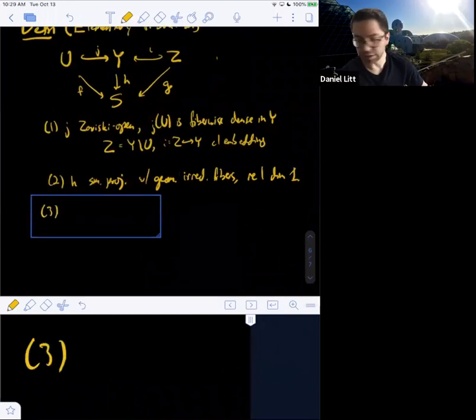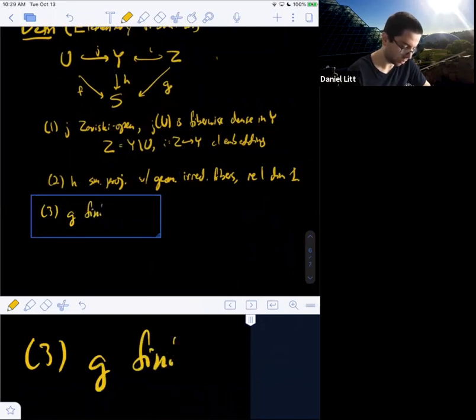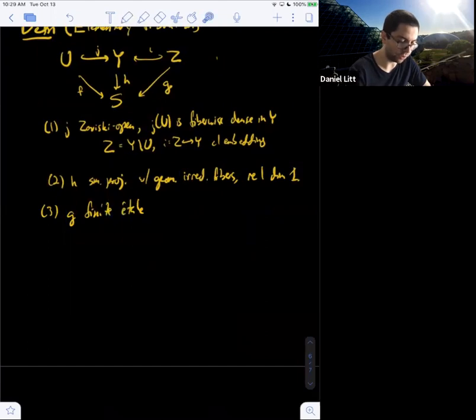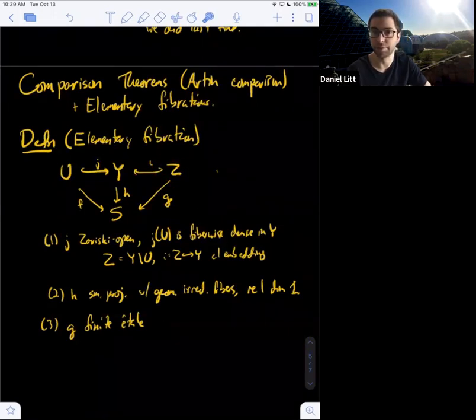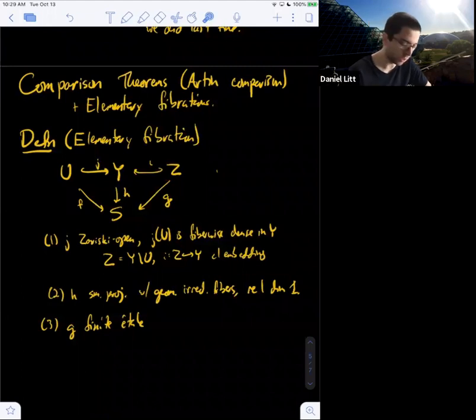And then finally, G is finite étale. So in words, we have our open set U, which is typically the object of interest. We write it as an open inside of a smooth proper curve bundle over S. Moreover, the complement of it is finite étale. It's a disjoint union of étale multisections.